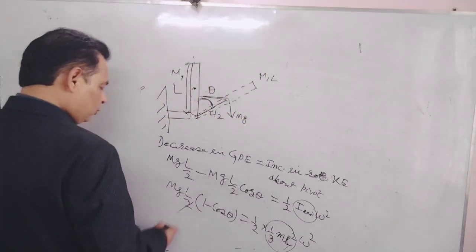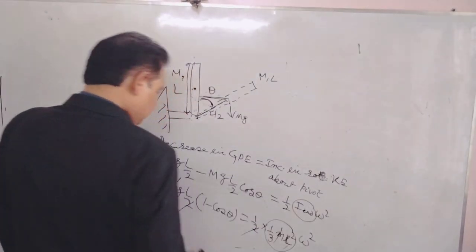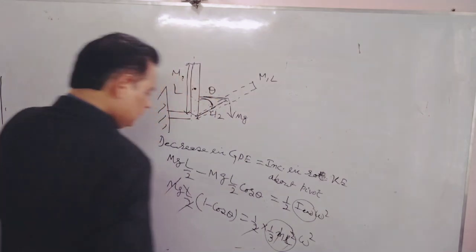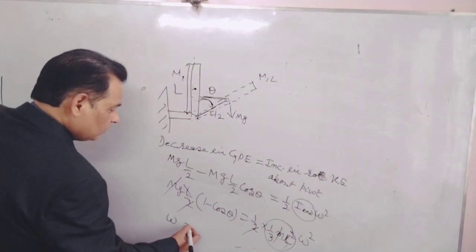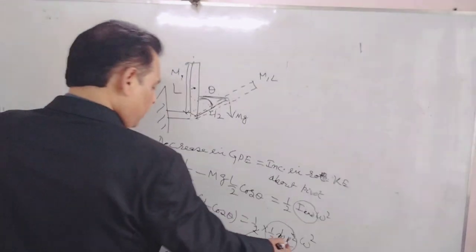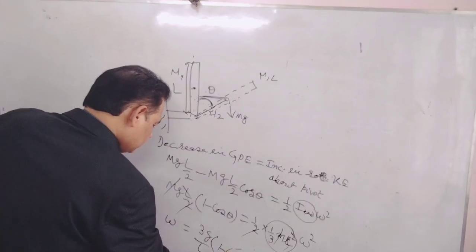We can cancel 2, m, and one of the L, and omega is 3g by L times 1 minus cos theta